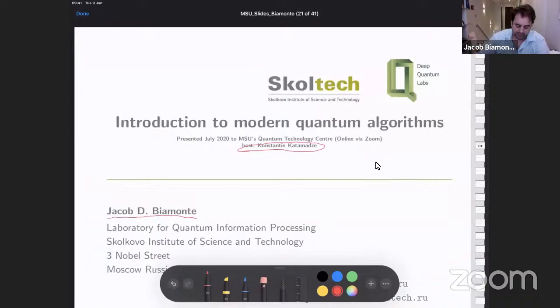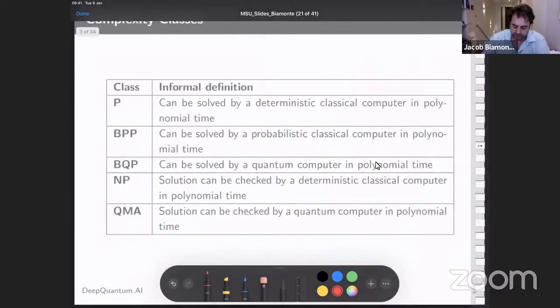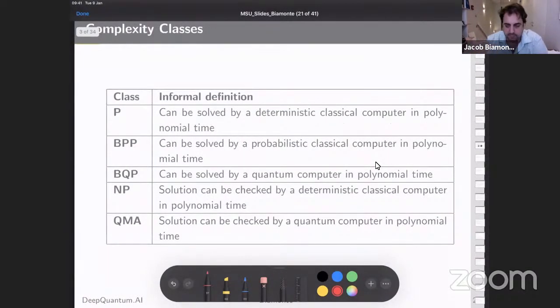And what I wanted to do today was just discuss what the objectives are, in terms of where we are trying to go with quantum computation. What do we hope to accomplish, and what do we anticipate that we wish to recover from this quantum speedup? In order to do that, we have to define some basic notions of quantum complexity theory.